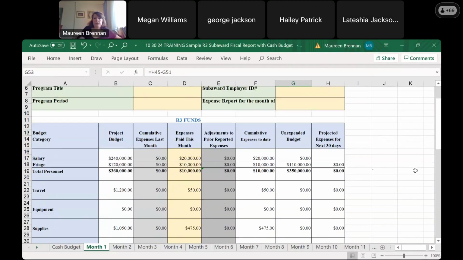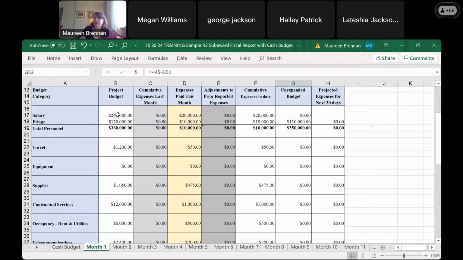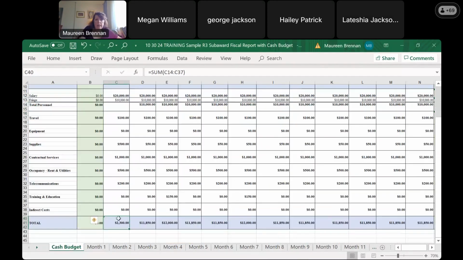So, as I said, I have the budget category totals here. If this is for an advance pay, if you've gone to that cash budget, we'll go over to the cash budget, and you see, I'll have to write this in. Hang on one second for me. There you go. You're going to offer advance pay to your subaward partner. They've completed this cash budget for you, and you're satisfied that this is appropriate, that their first month's expenses are going to be